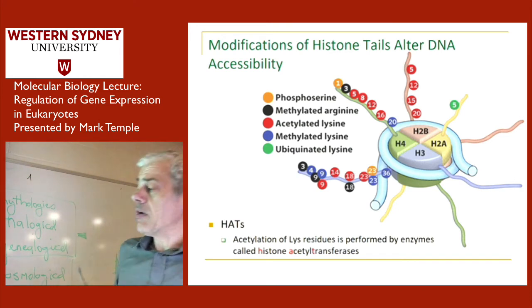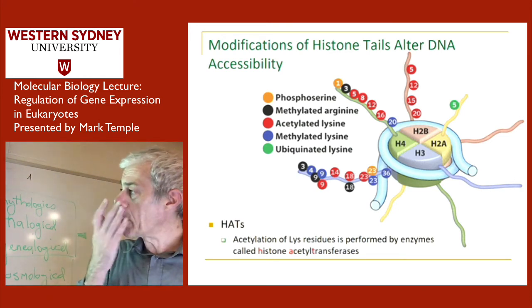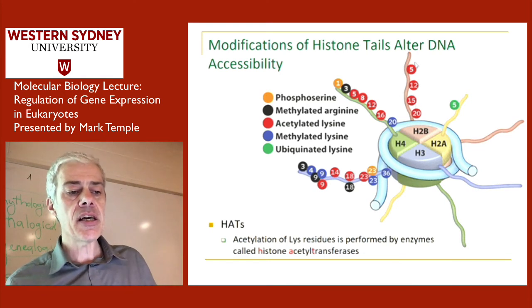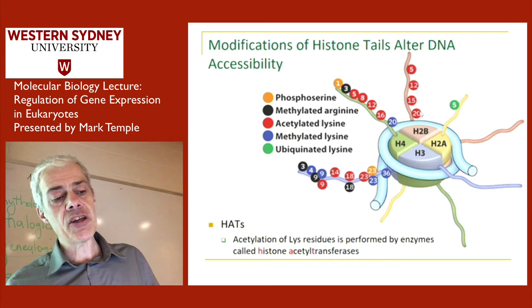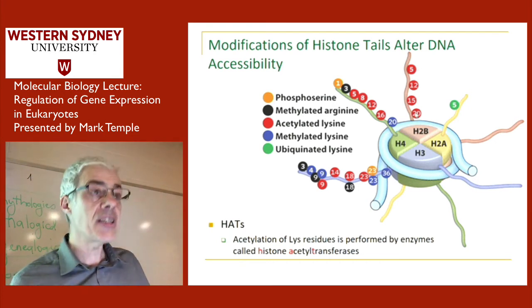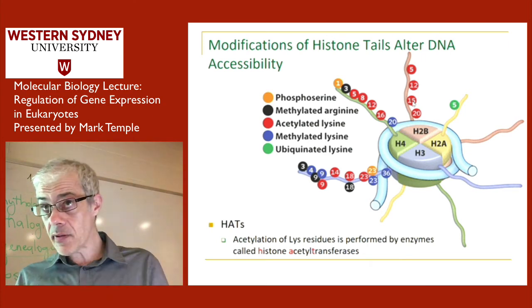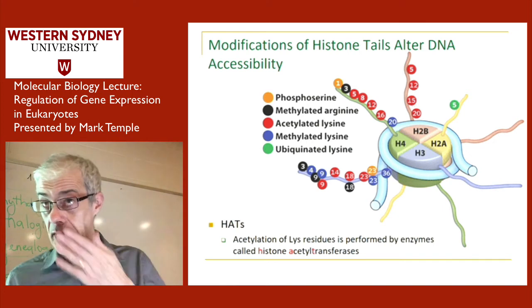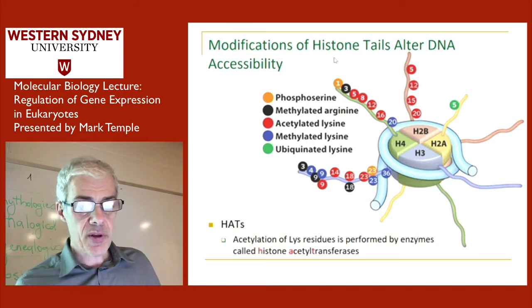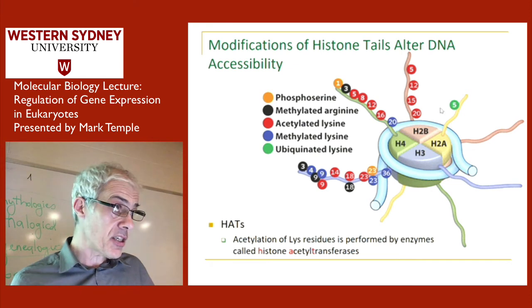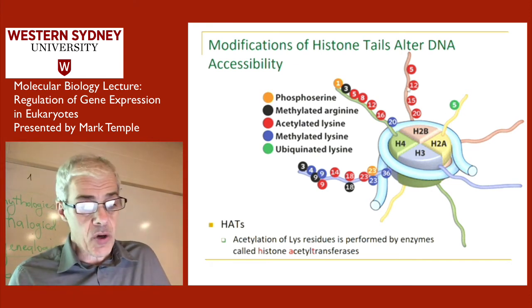So this is a fairly instructive cartoon. It's quite a useful cartoon. The first thing you notice from this cartoon is that in this histone tail, the residues have been numbered. So you've got residues 1 to 20 here. We know there are 20 amino acids, so there's a 1 in 20 chance of there being a lysine residue, just by chance alone. But there are 4 of them here, and again, you've got 4 of them here. So lysines are highly overrepresented. It's about 4 times as many lysines as you'd expect if there weren't other things controlling the amino acid sequence.